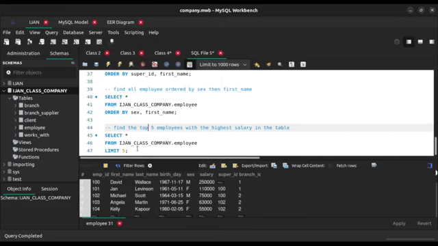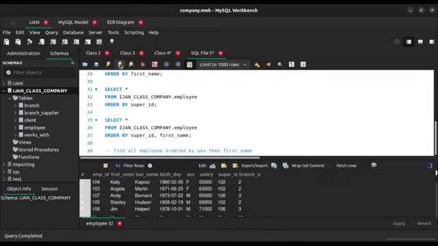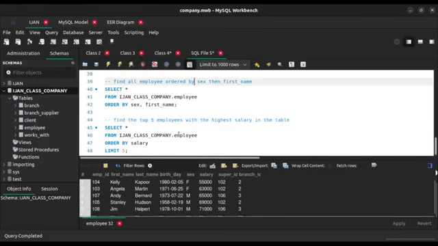We'll order by salary. Yeah, so we order by salary. So hold on. If I use order by salary and I run this, I'm going to be getting the lowest. Okay, continue. We're saying order by salary, where